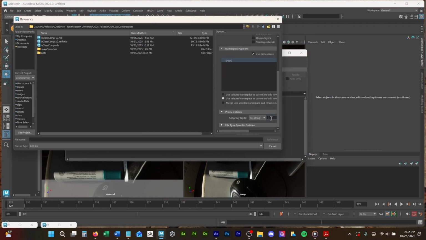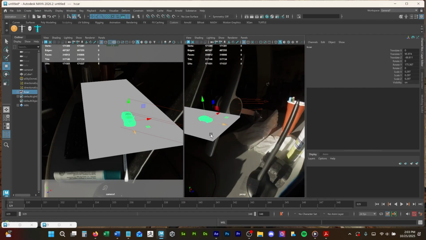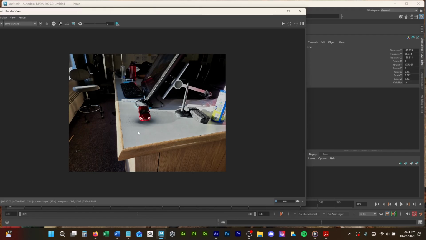The second option for the string, because I don't like the whole file name, it makes the name too long, and I use the shortest name I can, in this case C for car. And I'll go get my car, reference it in, just get it set in place, and I'm going to render that again. Okay, it looks way too dark,